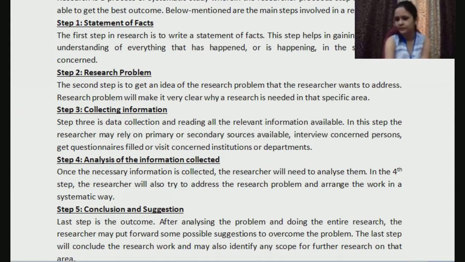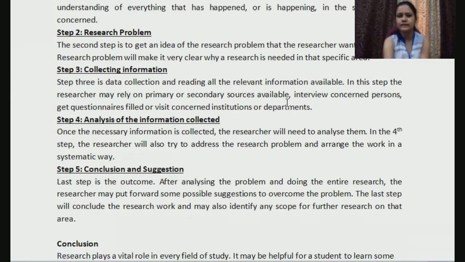So once you collect all the information, you need to analyze the information that is collected, right? You cannot just simply collect everything and then keep it somewhere in a corner. You need to study that information. You need to analyze. You need to basically take out whatever is relevant from that part, right? So that's the fourth step. When you do all of that, you would organize it. Maybe you would write, or you would prepare a draft of your work in this particular step.